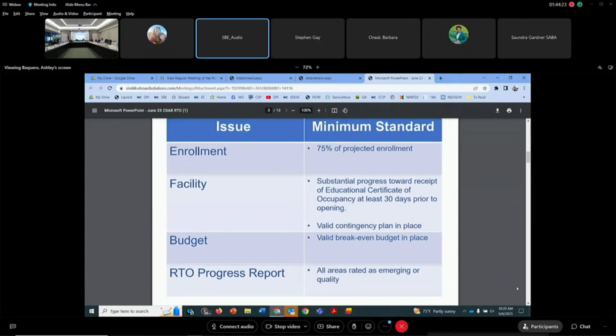As you're aware, we have made schools aware that they need to have a facility contingency plan to move to another location or adjust their academic calendars in case for any reason their facility is not ready to open, and we've been aiming for July 31st. So in the report I'm about to share with you, next slide,